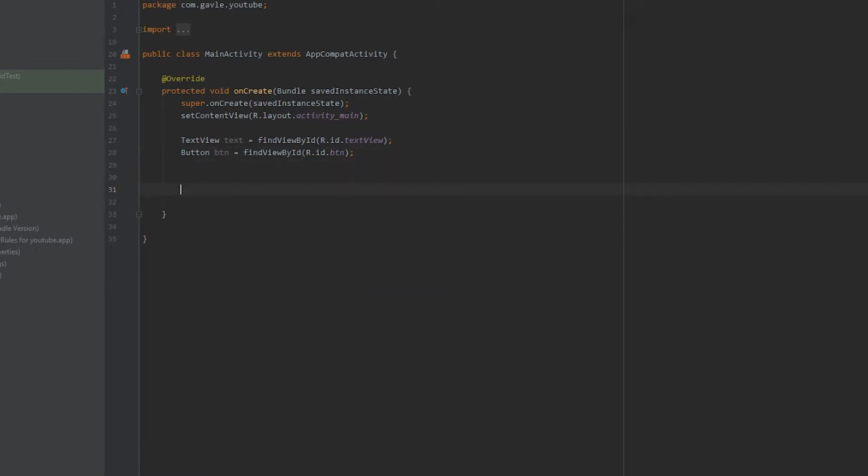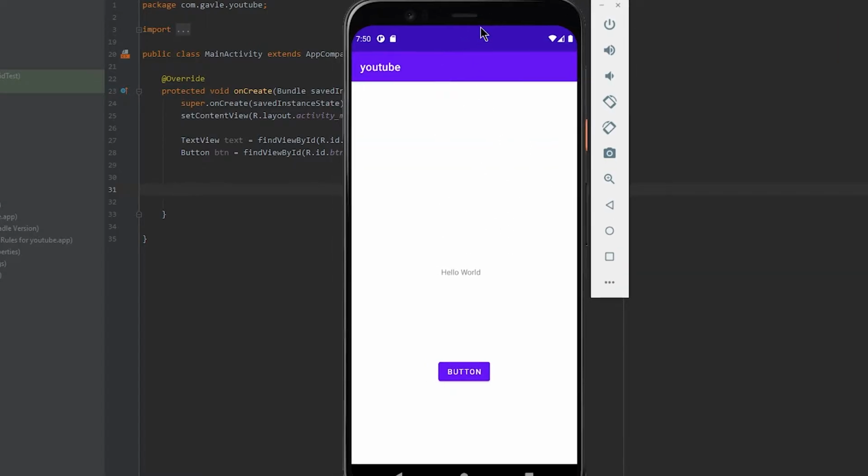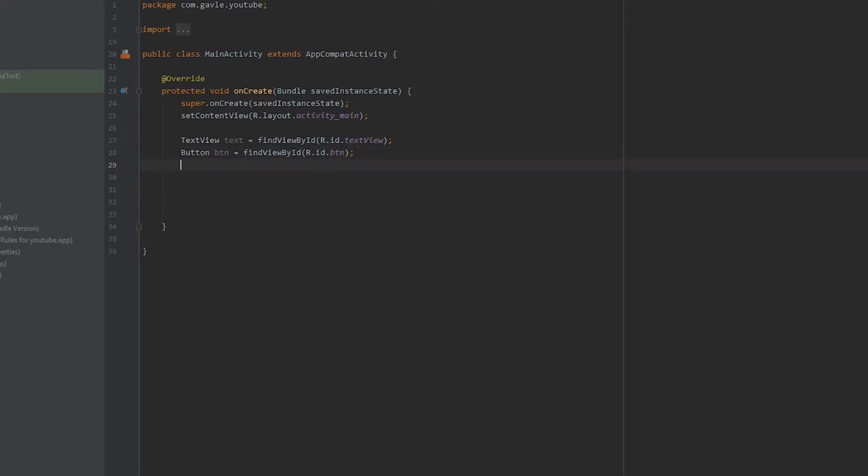Alright, so now that we have our views, I'm going to show you guys how you can scale them so that it fits every other device. Before we get into it, I want to show you guys something. Every phone has a width, height, and a density. Now in order to get that in Java code, I have to do